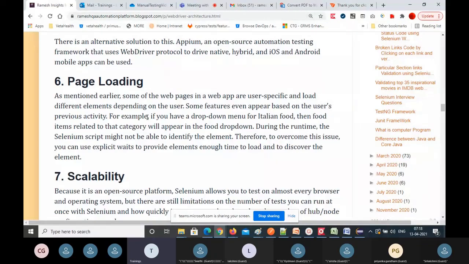If you're not adding synchronization commands to handle these issues, then the test case will fail. So in order to handle those synchronization issues, you have to use explicit wait commands to give elements enough time to load, and then Selenium can find them and perform the action on them.